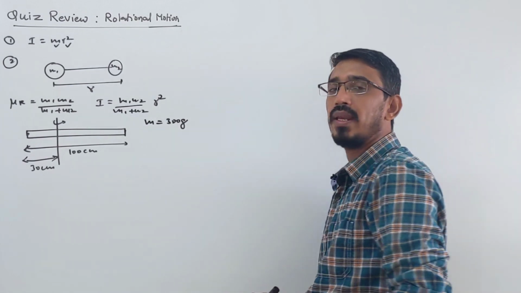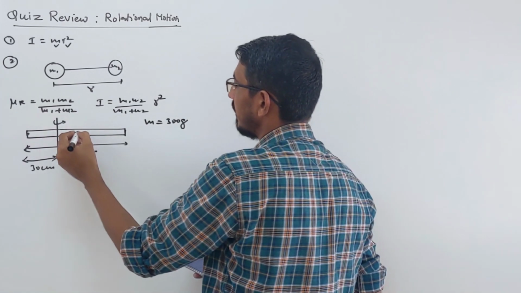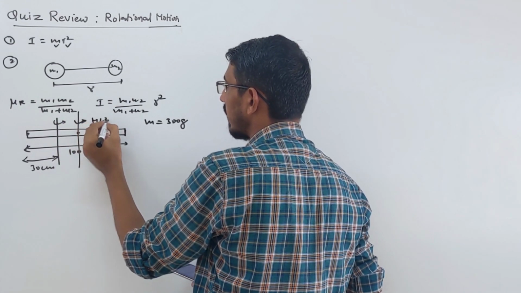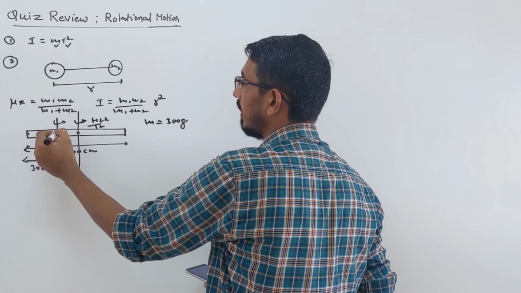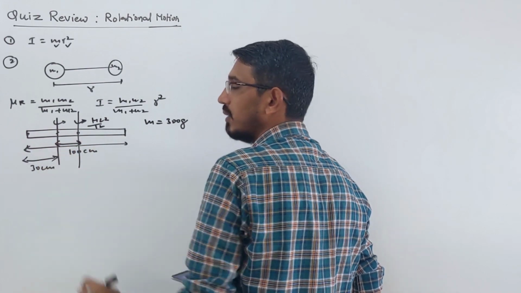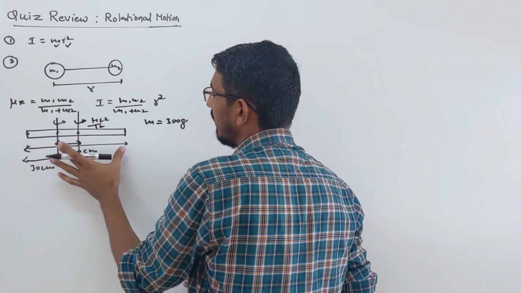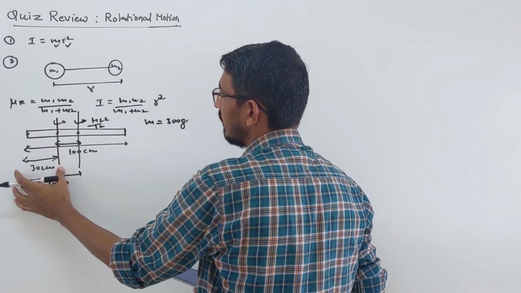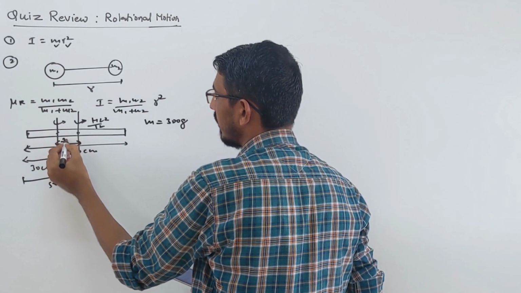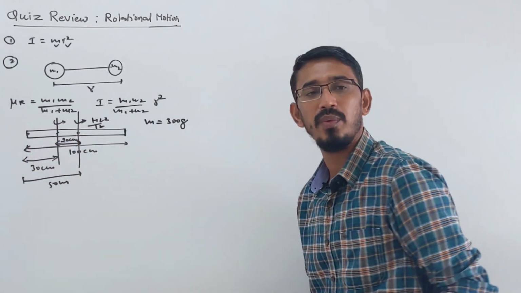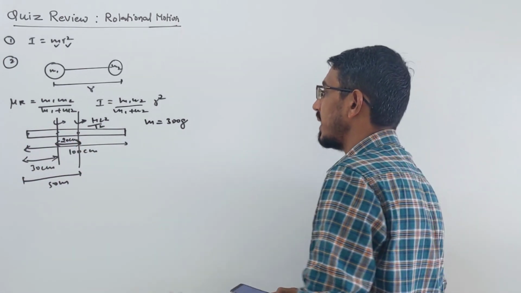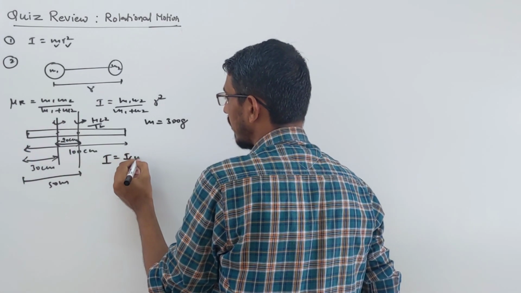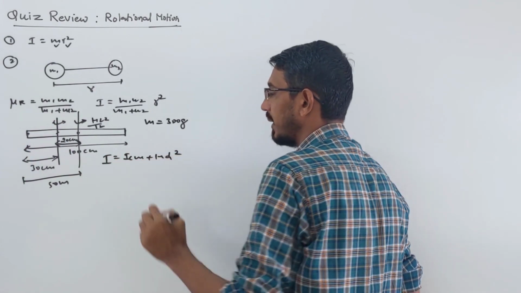So here we have to use the parallel axis theorem, because we know the inertia about the center of mass, meaning the middle point of this rod. About this point we know it is ml square by 12. We have to find it about that other point, right? So we need that distance. Look here, this is 100 centimeter, so that distance becomes 50 centimeter. This is given 30 centimeter, so that becomes 20 centimeter, meaning that distance d will be 20 centimeter. So let's write the parallel axis theorem. We have to find inertia about this point, so inertia about that point is I CM plus m d square, right?